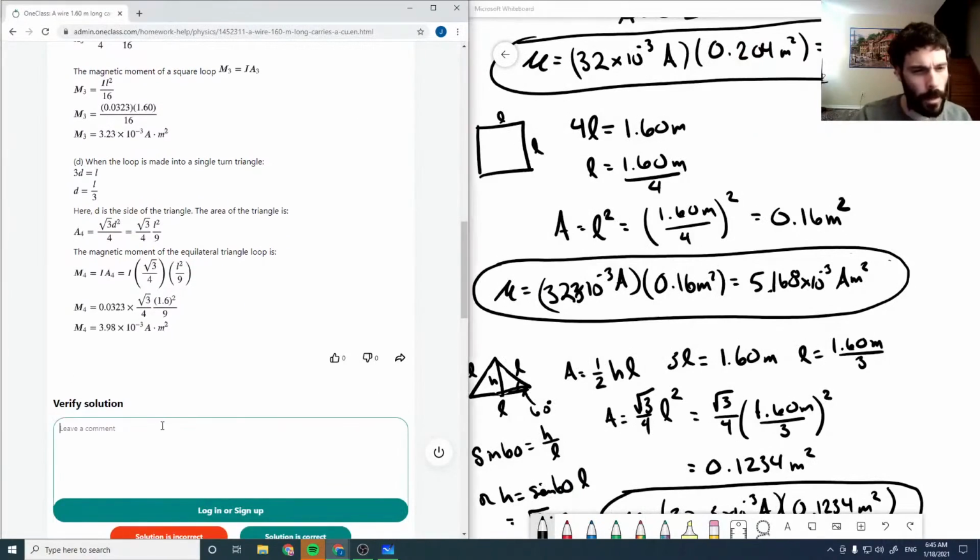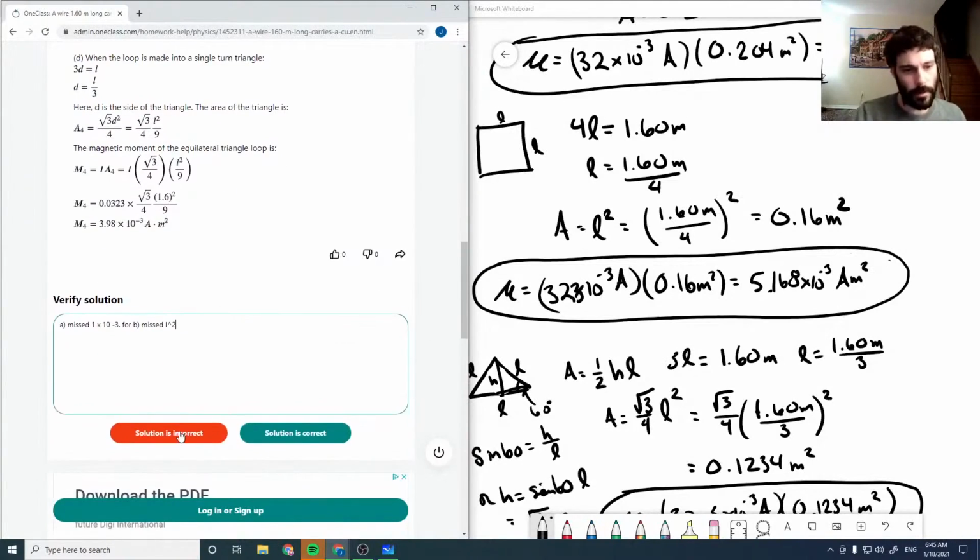Okay, so I'm just going to say for A, they missed 1 times 10 to the minus 3. For B, missed L squared. Okay, and so it's basically just small mistakes, but I'm still going to just mark